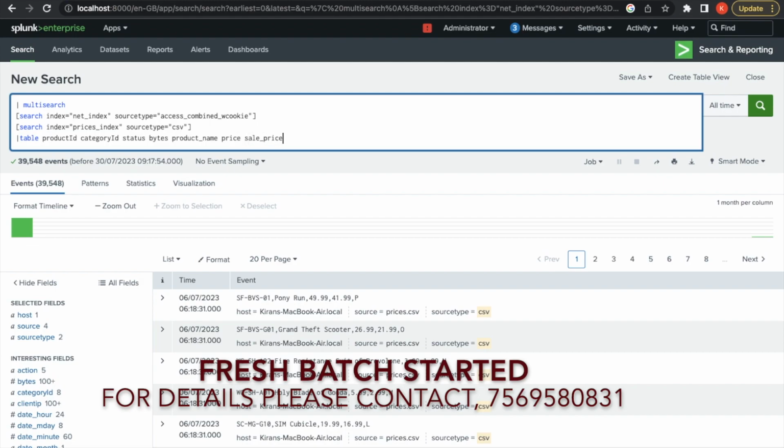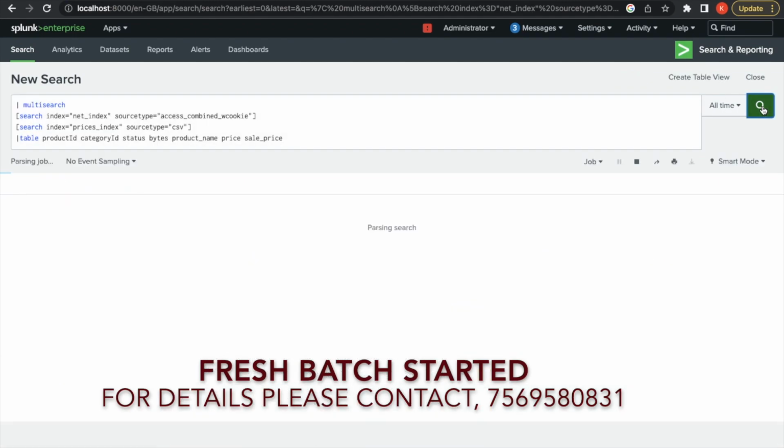So these are the fields I'm going to take. Now if I press the search button,